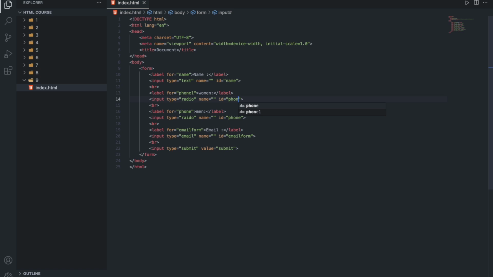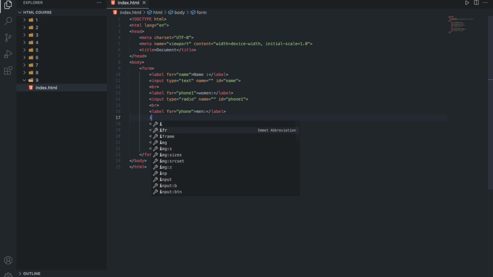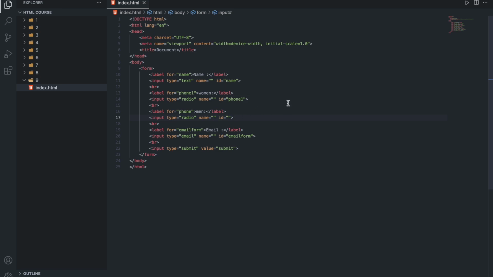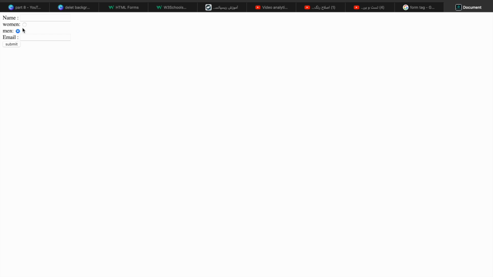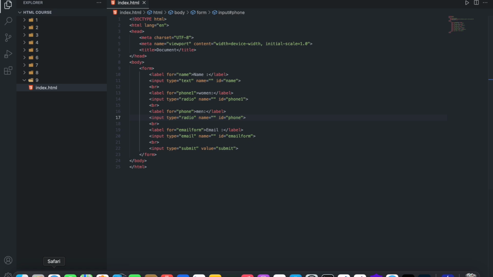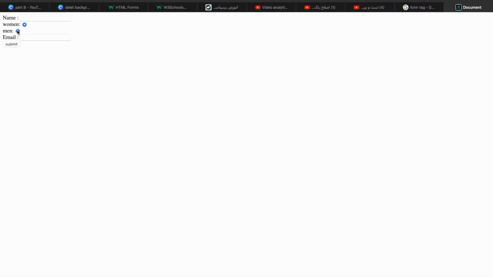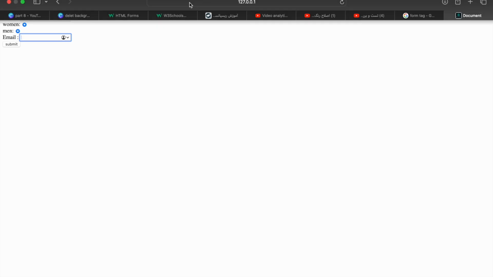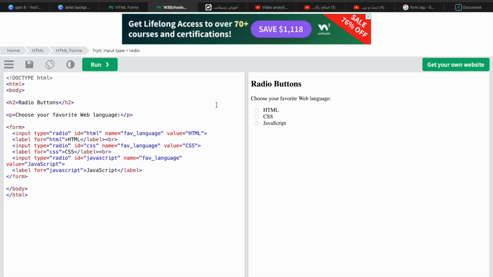Phone one, radio, input, phone. Okay, here we can choose men and women. Okay, it is the radio. And we write all of this with CSS. We write something for disable it, and all of this with CSS we write it. Okay, here you can watch it, the radio,